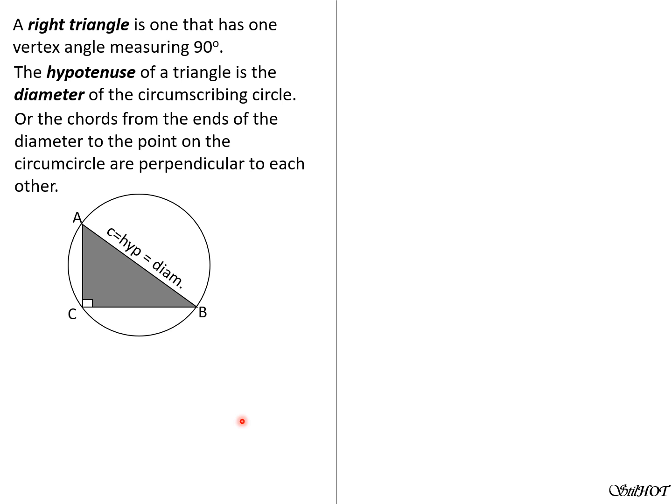Then we draw a line from the 90-degree angle perpendicular to that side. And from the sine law, remember, any side divided by the sine of the angle opposite it is equal to the diameter of the circumscribing circle. So that's why C over sine 90 is the hypotenuse, and it is equal to 2r, or the diameter. So sine 90 is 1, that's why C is 2r, equals the hypotenuse.